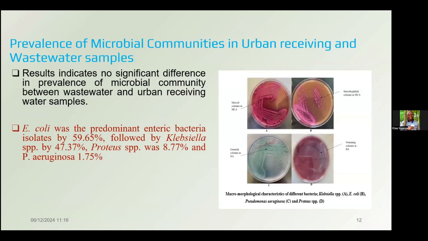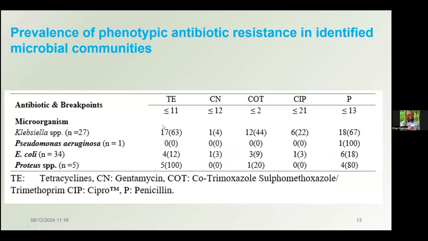I have already mentioned the prevalence of different antibiotic residues in the environment, but we also went further to look at what kinds of microbes are available that cannot be treated, that are developing resistance in this particular environment. You can see from here that a number of them were documented, and it's not my intention to overemphasize that. You can see here different antibiotics were applied to different microbes, with tetracycline, gentamicin, and you can see what is happening there. We have a lot of resistance happening in this particular environment, and we need to address it. And the use of biopolar material, ecologically friendly, but also available locally at low cost, is really working